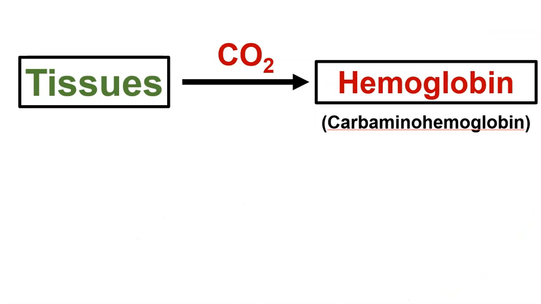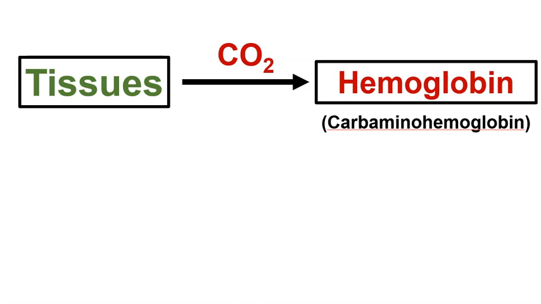So about 20% of the CO2 that's produced by the tissues is carried by hemoglobin. CO2 that binds to hemoglobin actually binds to the globin proteins, so it does not bind to the heme groups. So again, this just shows that CO2 is not competing with oxygen for the same binding site on the heme groups. The binding of CO2 to hemoglobin occurs more easily when hemoglobin is relatively deoxygenated, which is very ideal because